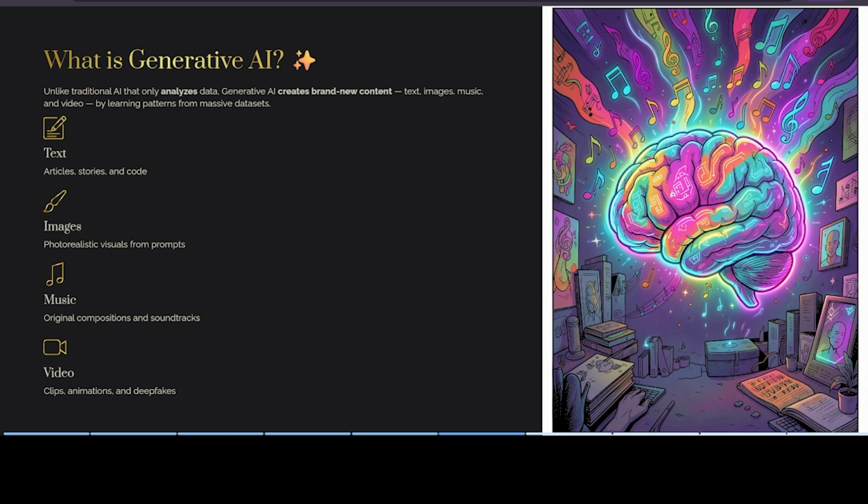See, the first one is text. Text means it will write articles, notes, quotes, likewise. And then in the images section, for example, a futuristic city at sunset. Within seconds, AI creates completely new images. When you give some text, like I want a sun image, or I want a moon image full of clouds, and you enhance your prompt, it will automatically create your images.